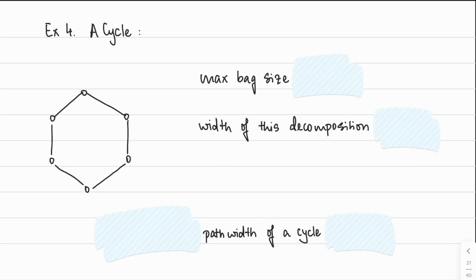Okay, so let's do one more example, and this will be our last example for now. So let's think about what's the path width of a cycle. Well, a cycle is a path that loops back on itself. So we could start with what we did for a path, which is we tried to put every edge in its own bag. So we would start with this being one bag, this is another, there's one more, this is the fourth bag, the fifth one,